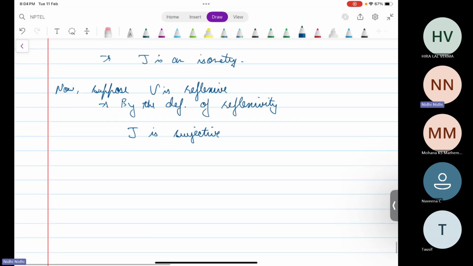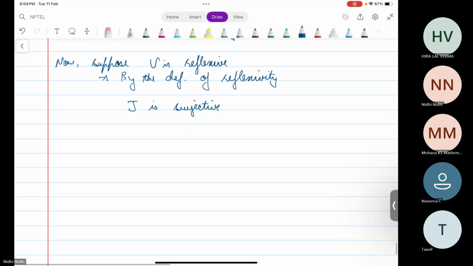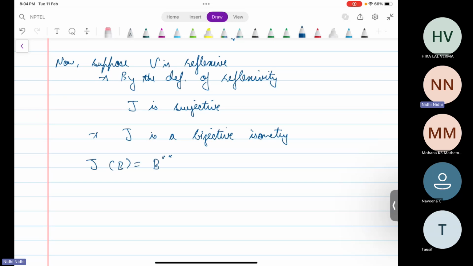This gives us that J is a bijective isometry. In that case, I say that JB should be equal to B star star, because